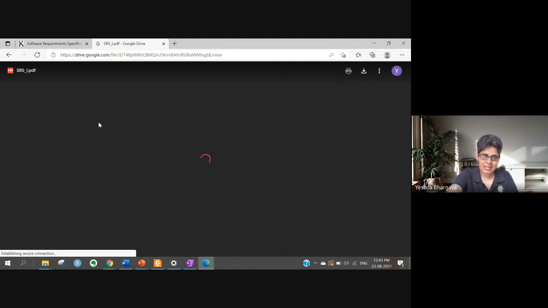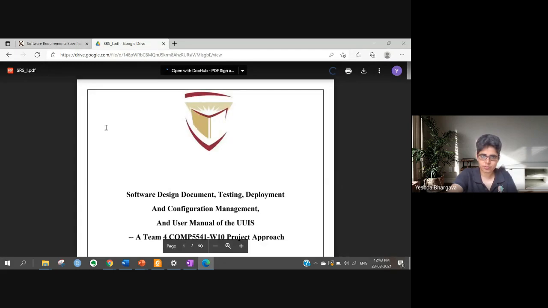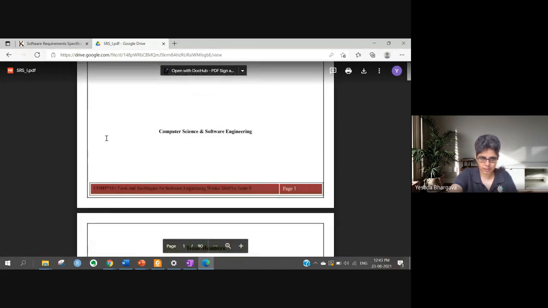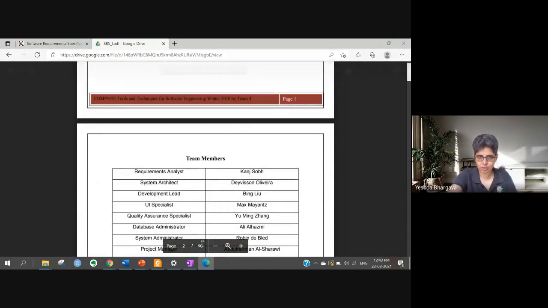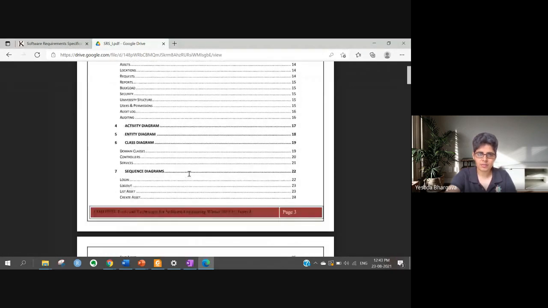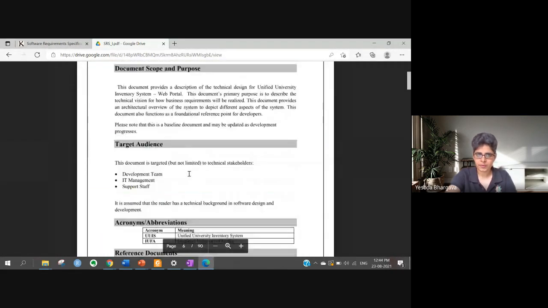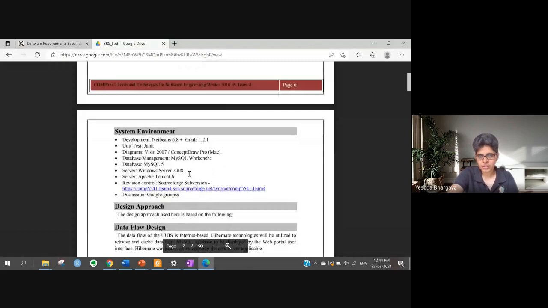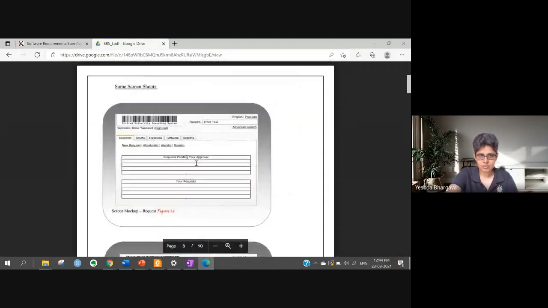So these links I have already shared on the Google Drive, so you will be able to get these documents. This is a relatively longer document. You don't have to create such a long document. These are just examples to show you the different types, even within software requirement specification documents, there are different ways to approach it. And normally in software engineering class, students are expected to submit this as part of their evaluation. But this is just one part of your evaluation.